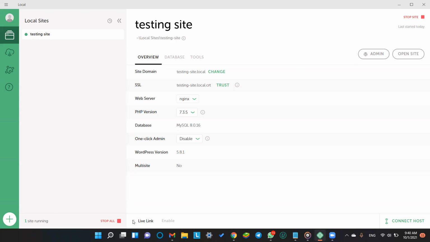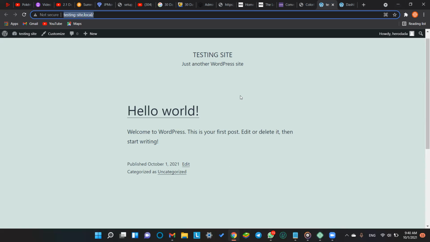Yeah, when we click on live link and we connect it, enable it, our website would be live anywhere in this world. For the time being, while our laptop is powered on. When it gets disconnected from the power, the site will also get blocked.